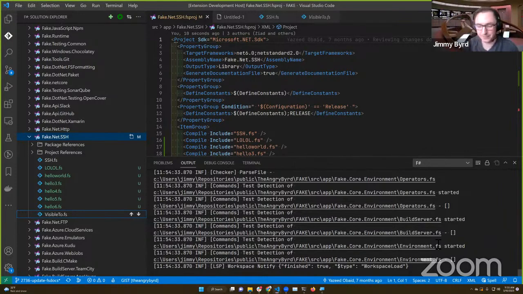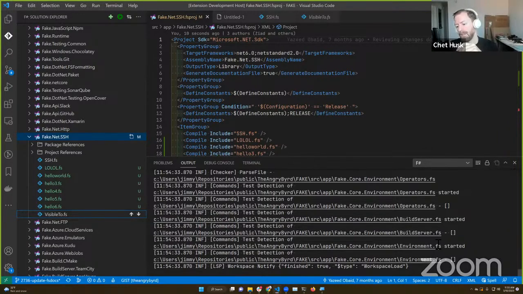Two paths forward that I see here. Even if we did a hack, or even if we did the same kind of change in FSAC, the underlying project system for either adaptive server or regular adaptive server would still send the loading loaded pair. So the core question is, how should the Solution Explorer behave with an already loaded project when a loading notification is specified? And I think that's what we need to change.